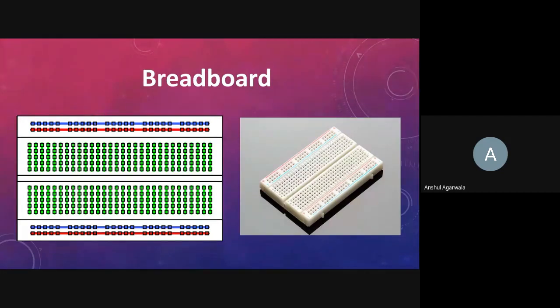Most electronic components in electronic circuits can be interconnected by inserting their terminals into the holes and then making the connection where wires are appropriate. The small boxes represent pin holes where you can plug in your sensors or actuators pins. All these are connected as shown in the diagram. The central pins are vertically connected and the edge pins are horizontally connected. So that was all about the breadboard. It is used to prototype electronic circuits without soldering.